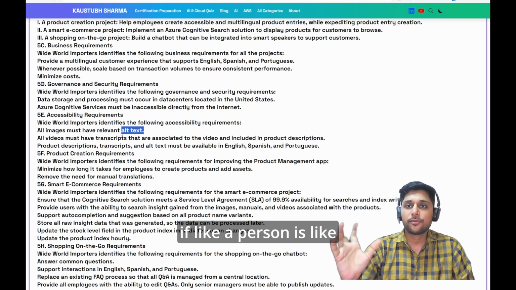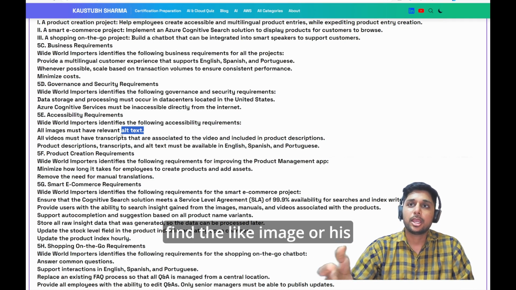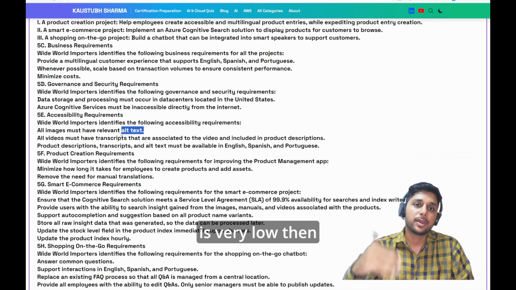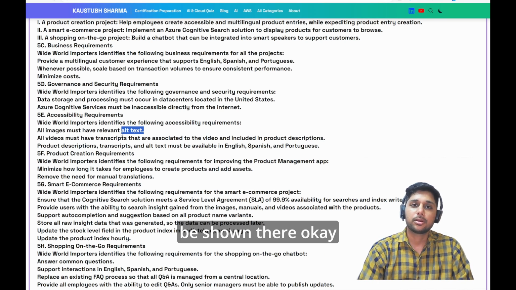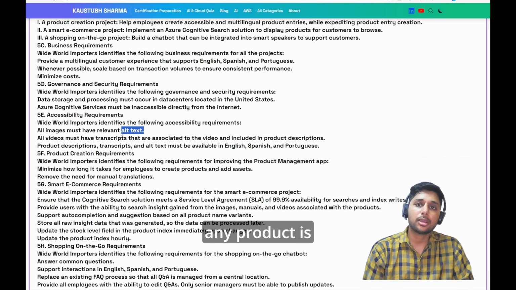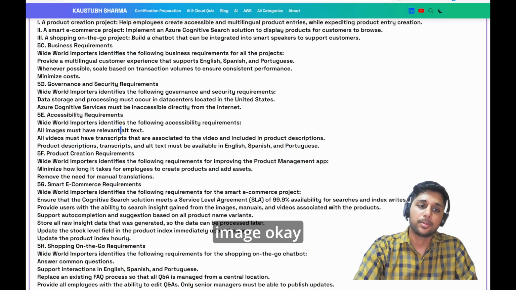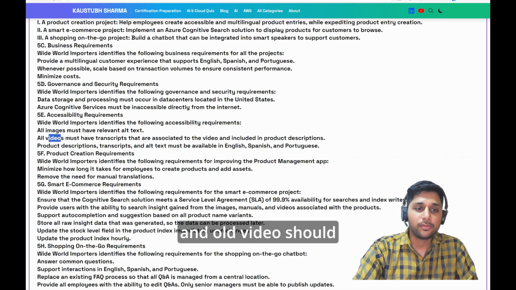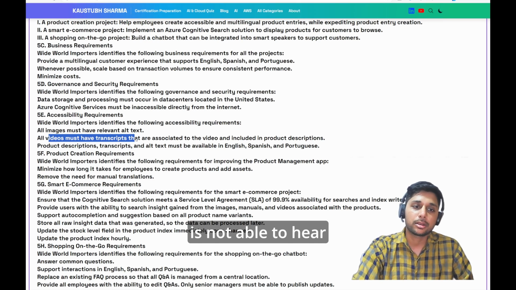If a person has difficulty loading the image, or their internet connection is very low, then instead of the image the word "flower" should be shown there. Or if any product is there, like some perfume, the word "perfume" should be there instead of the image. And all videos should have a transcript, because if somebody is not able to hear what is in the video,